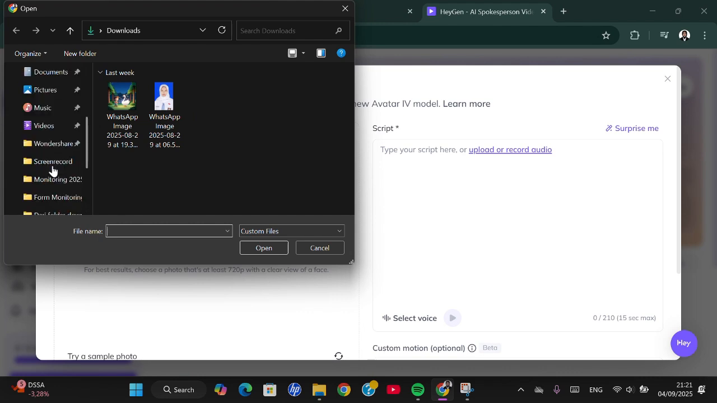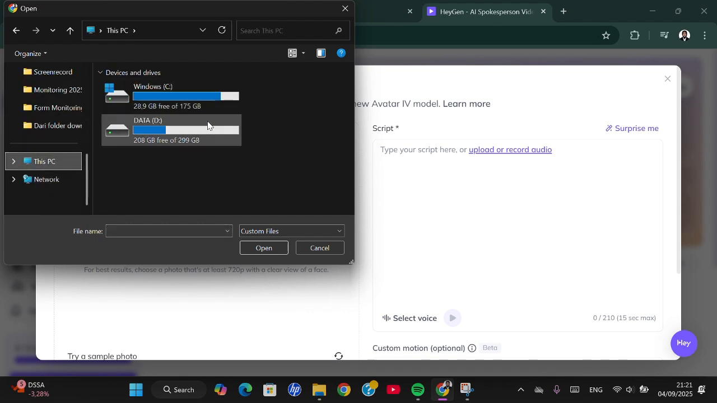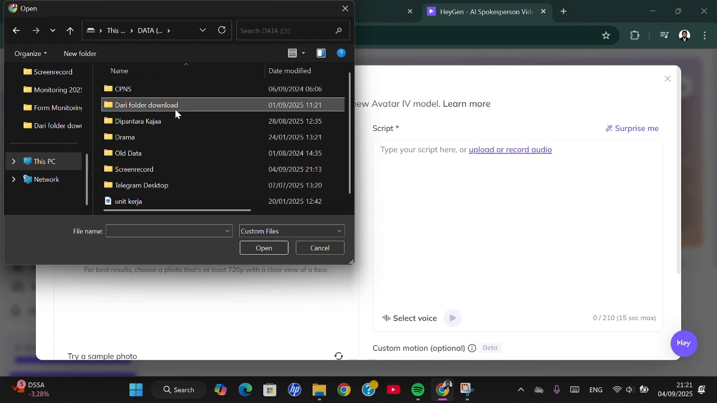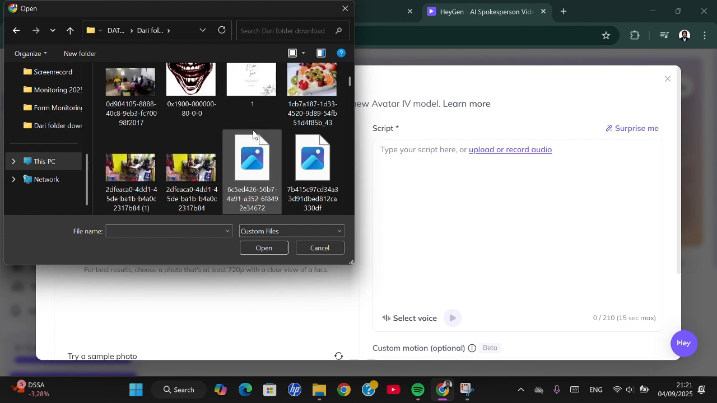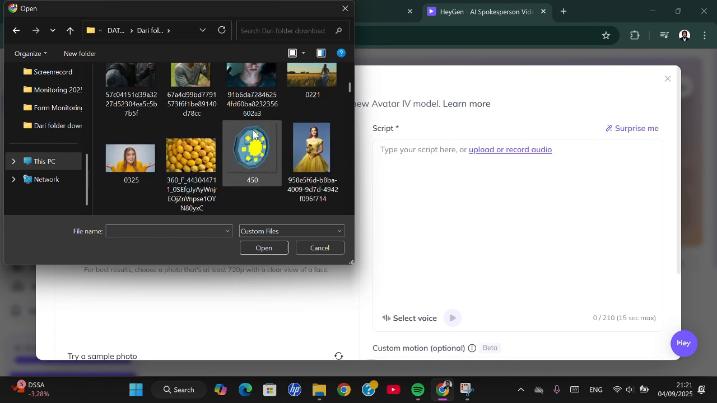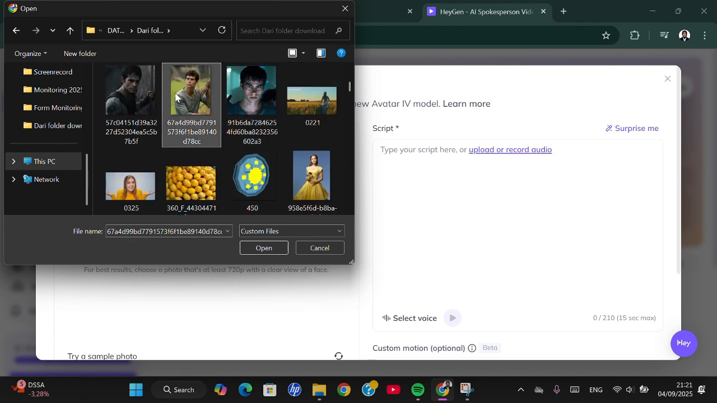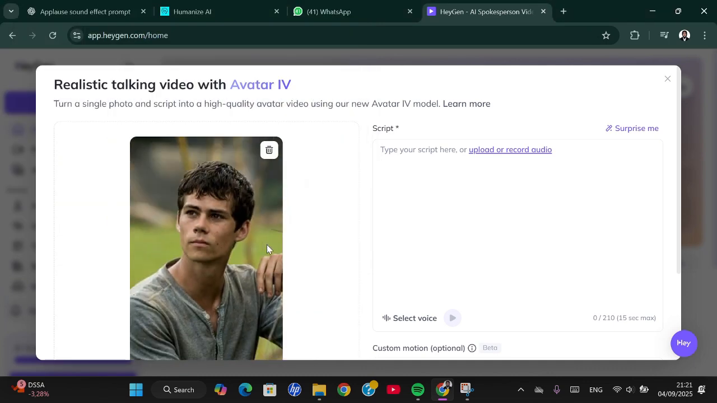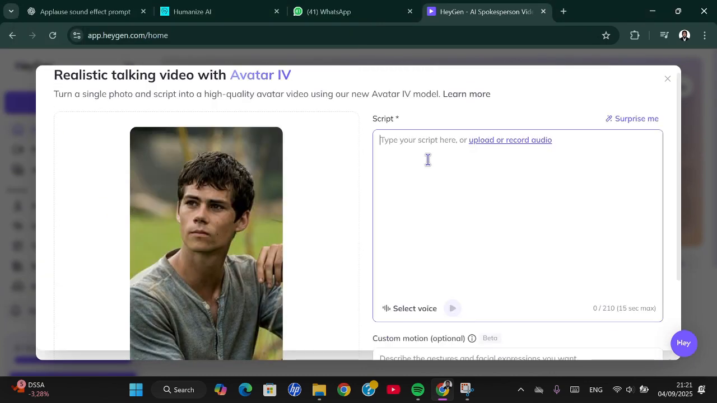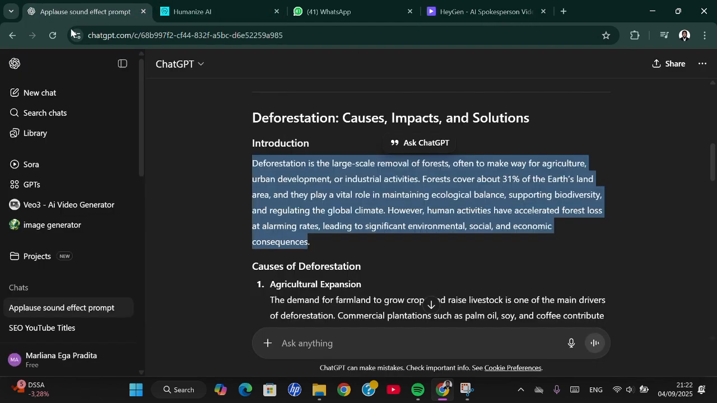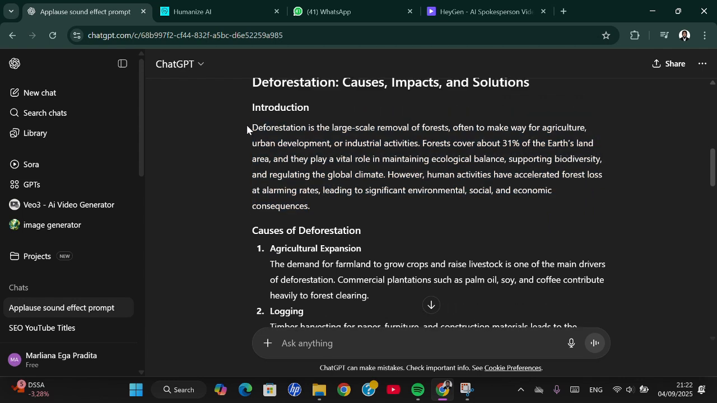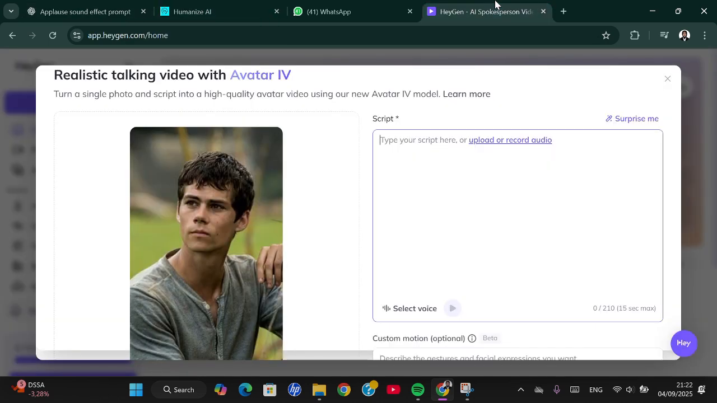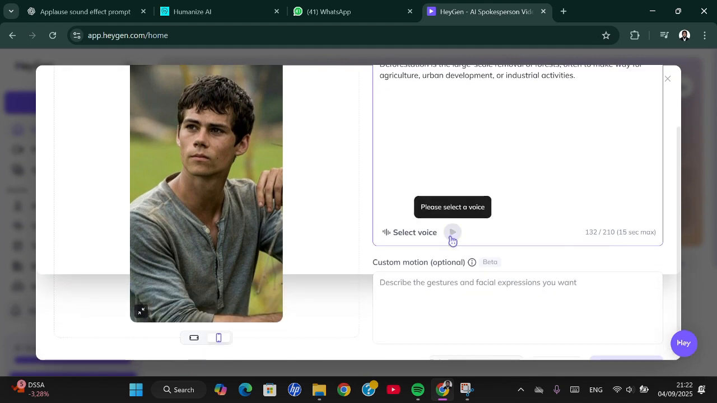And for example, I'm going to upload one of the photo from this folder. Okay, and then I'm going to add for example this man. Okay, and then we're going to type our script here, or we can upload or record audio. And for the script, I'm just going to choose a random script from here, and I'm going to go back to the HeyGen. Okay, and then you're going to select the voice,